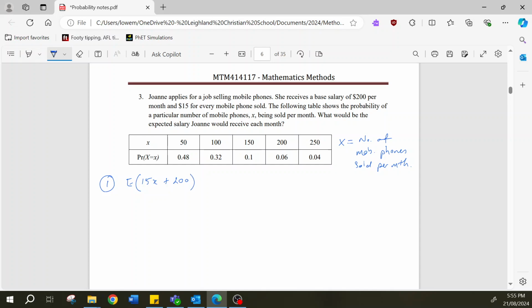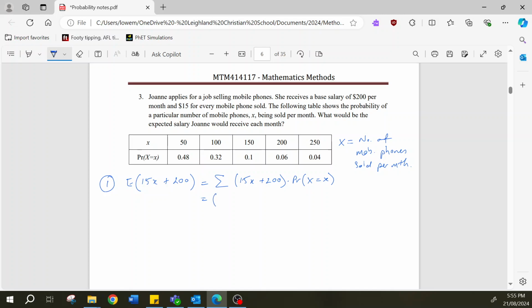So the expected value of that happening, basically we're looking at the sum of 15x plus 200 times the probability x equals that value of x,